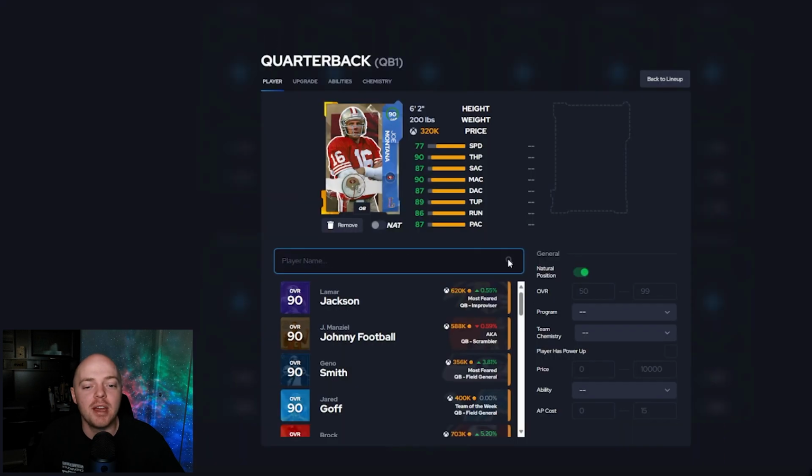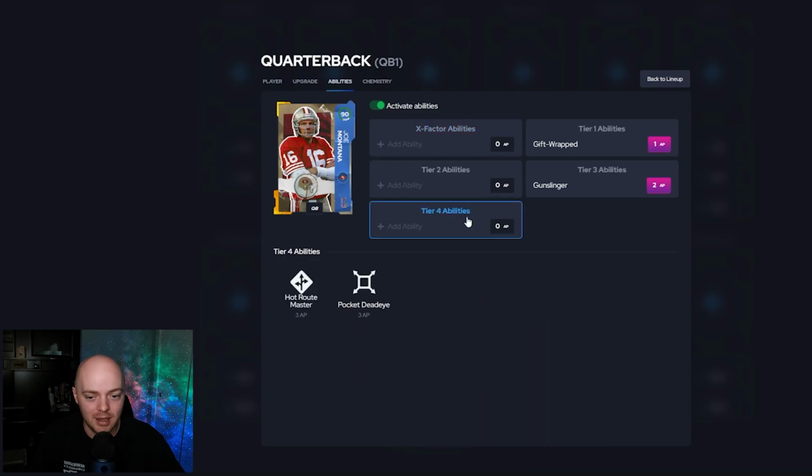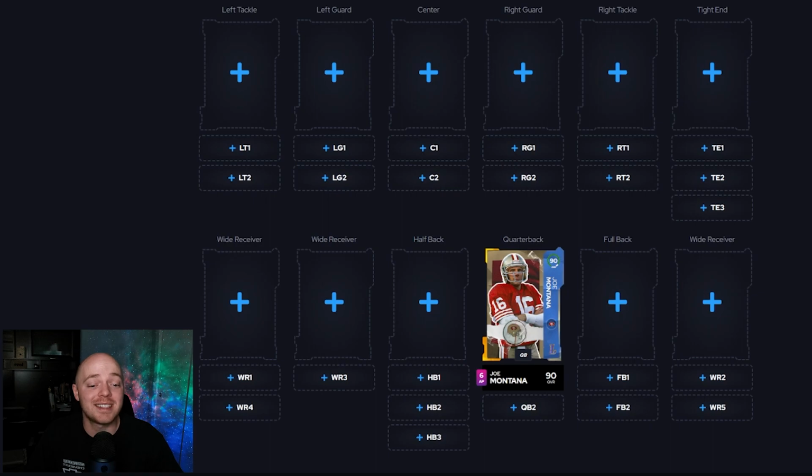So here we go. We're at 3 AP on Joe Montana, and we're not done with Joe Montana. If you have Joe Montana, you're going to want to make sure that you're going to tier 4 abilities and equipping Hot Route Master. Now, if you don't have Joe Montana and you don't have Hot Route Master, there's a way around this, and we'll show you that right after this when I explain Hot Route Master. But if you have Joe Montana, you want to use this Hot Route Master. All in all, we're using a total of 6 AP on Joe Montana, which sounds crazy, but we're early in MUT right now. There's not a whole lot of really good abilities on offense, and using all of those abilities,